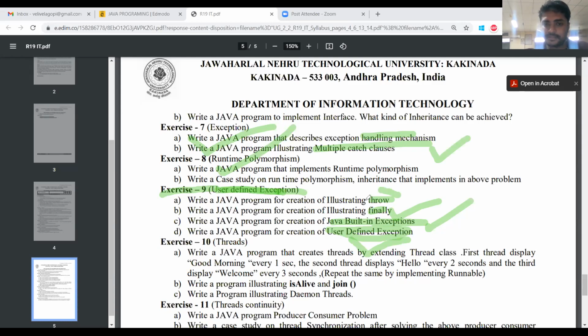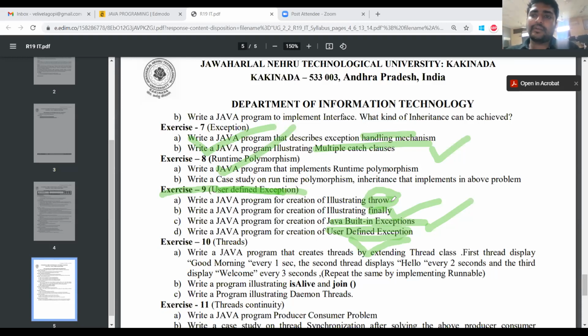So let us illustrate the concept of throw. There are two keywords, throw and throws. Throw is a keyword which is used to throw the exception. If you know the exception name, we can throw the exception. Throws is a keyword which is used along with the method definition, in the method header.